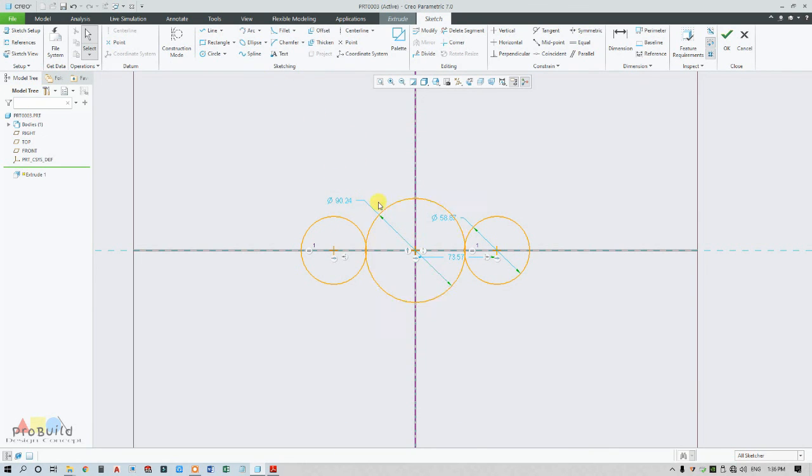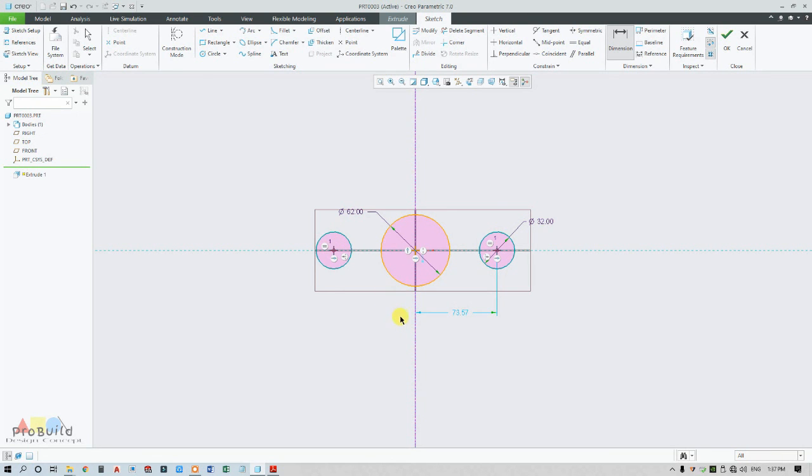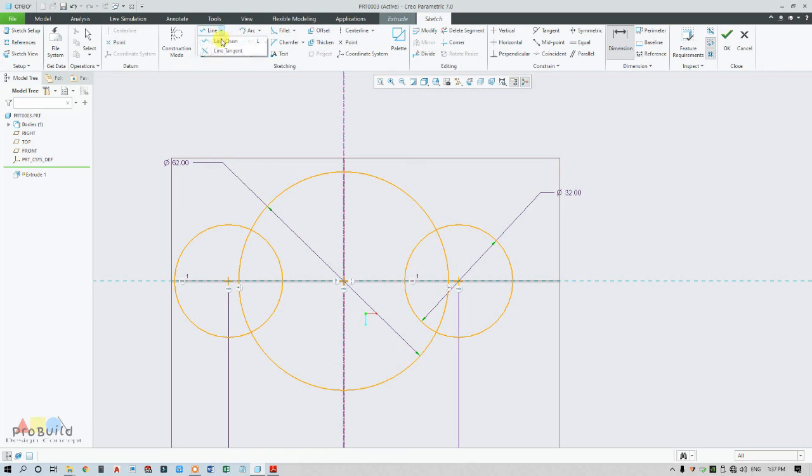So now I need to change the dimensions. This is actually 31 into 2. This is 16 into 2, and distance is 68. Go for a line tangent.